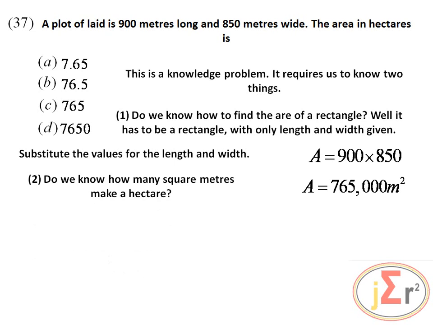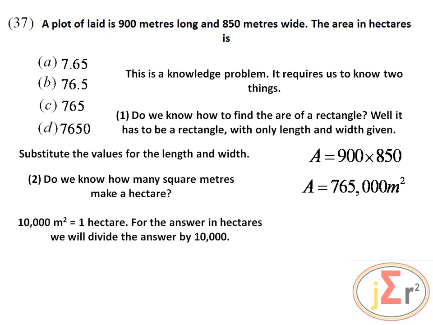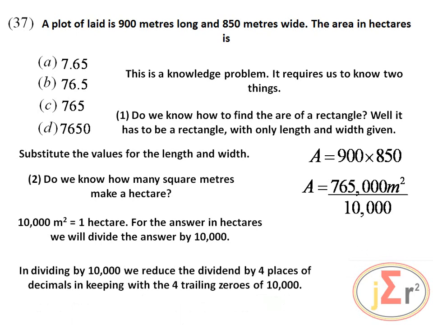The second one that we need to know, do we know how many square meters make a hectare? 10,000 meters squared is equal to 1 hectare. For the answer in hectares, we will divide the previous answer by 10,000. So what we have there, we divide by 10,000. In dividing by 10,000, we reduce the dividend by 4 places of decimal, in keeping with the 4 trailing zeros